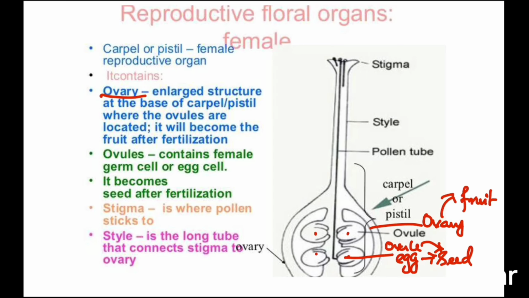And you can see that the stigma will be there, where the pollen grains from the anther will go and be received. The pollen grain will be received by the stigma part, right, and it will stick to it. And the style is the long tube-like structure which connects the stigma and ovary. We will discuss its function later.